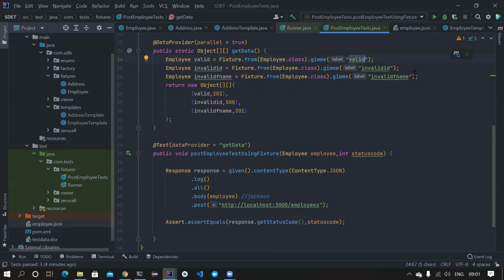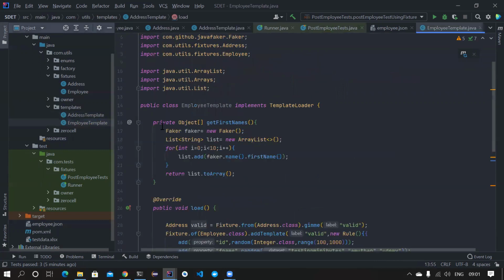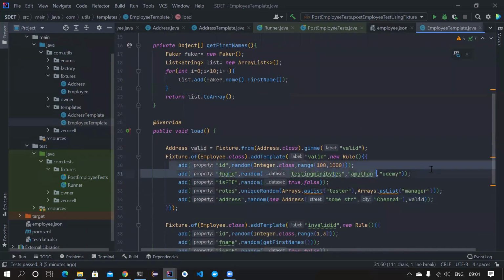It's always a pain to understand what is wrong, right? But here there is no way it can go wrong. And if there is a mistake, or if you want to make some changes tomorrow because business logic changes, you can directly go to the template class and change it. You just change it here. It is as easy as that. You don't have to worry about your test code. A good framework will not touch the test code. That's the very important thing. If there is a new change, you should not edit your test code.